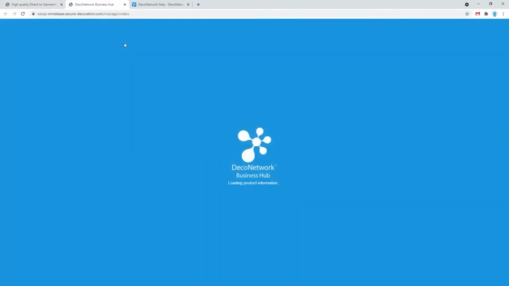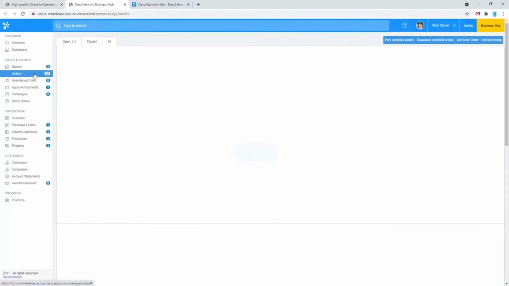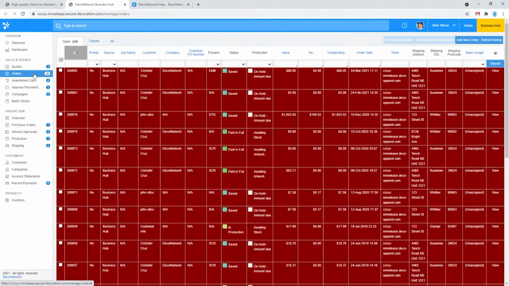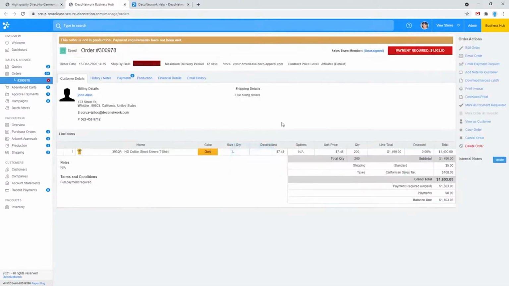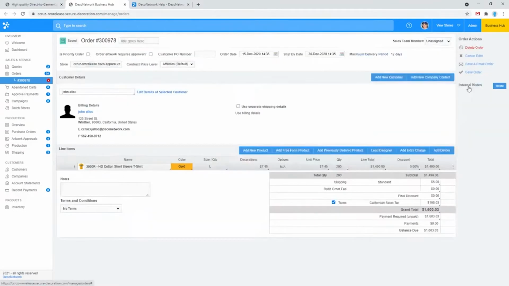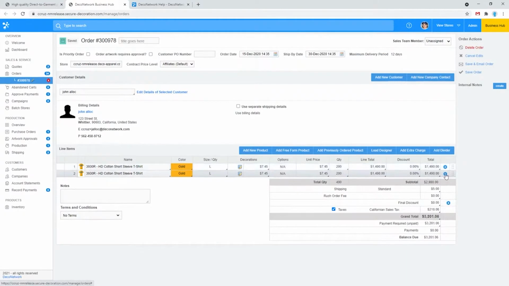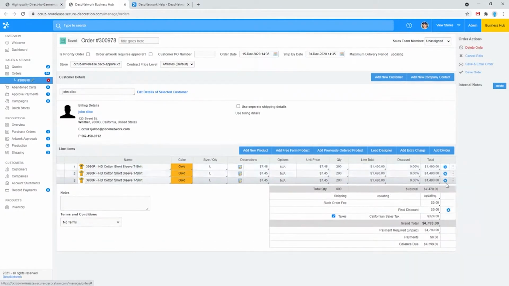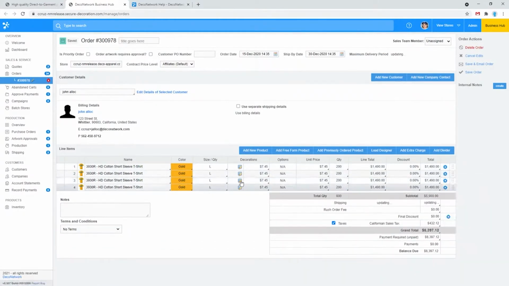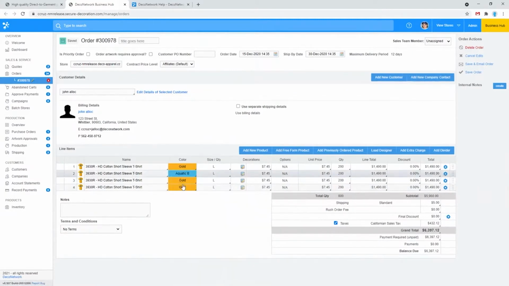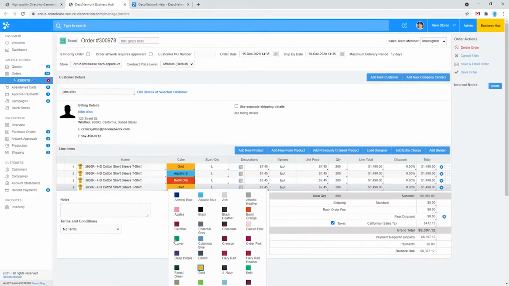I'll go ahead and open up my business hub here. And hopefully I've got a test order with a few line items in it. So let's take a look at this one with a high order value. Well, it's got just one line item, but what we'll do is we'll copy that line item a couple times to give ourselves some positions to move through. And I'll just go in and change some of these colors so that we can differentiate between each of the